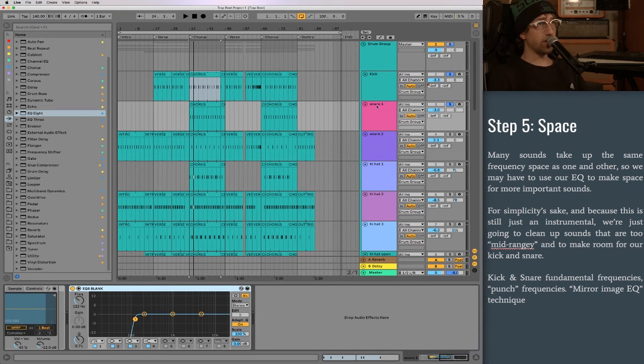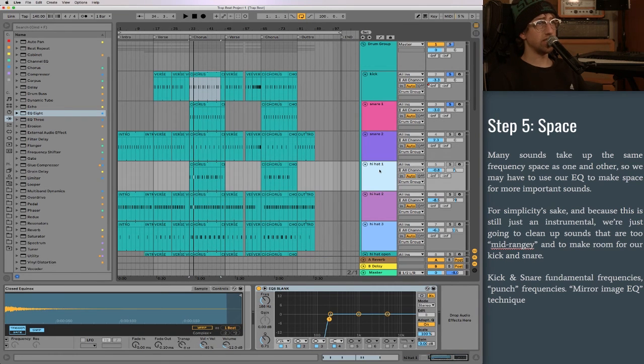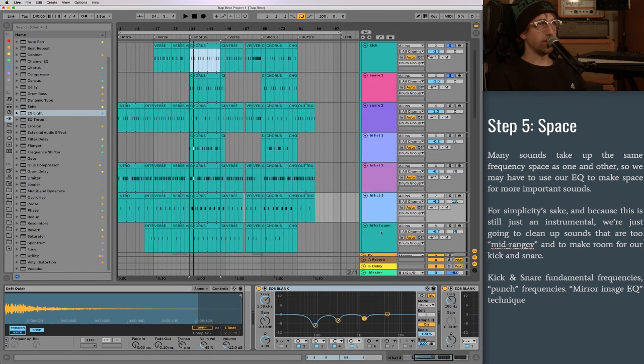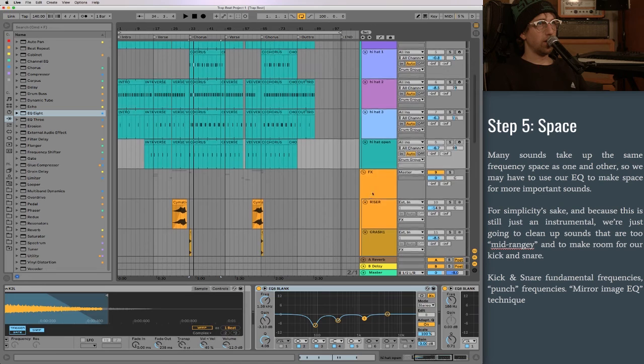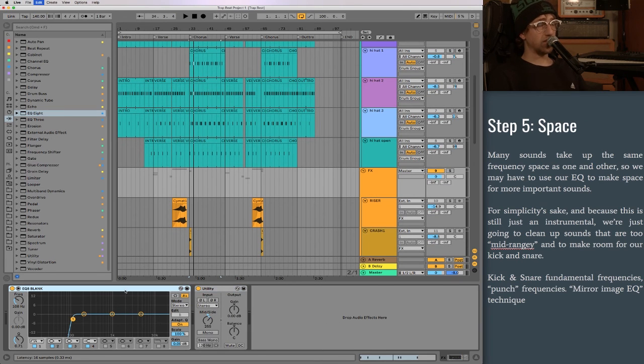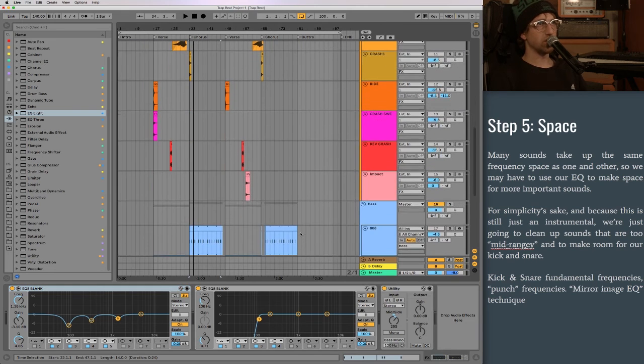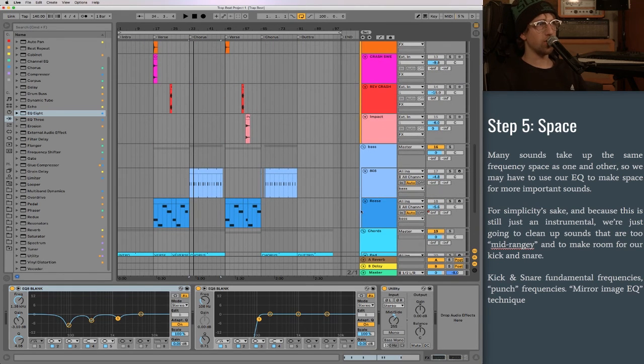And then every other track that isn't this snare drum or this kick gets that EQ curve. Paste it onto our hi-hats. Going down the line, I'm just going to paste it on our whole effects group. Again, these sounds are all very similar sounding, so we don't need to necessarily do that all individually here, just